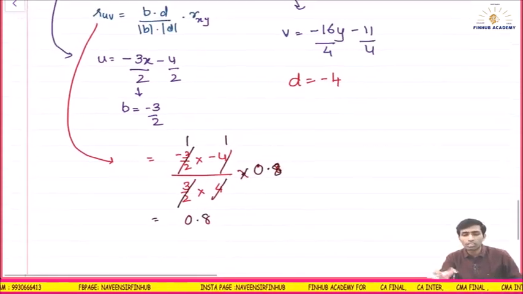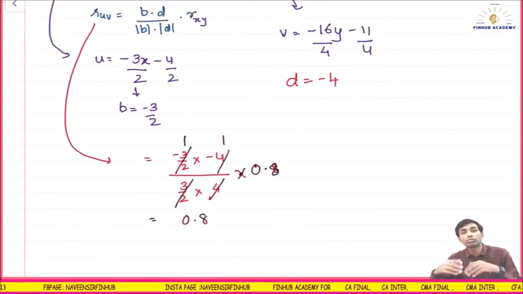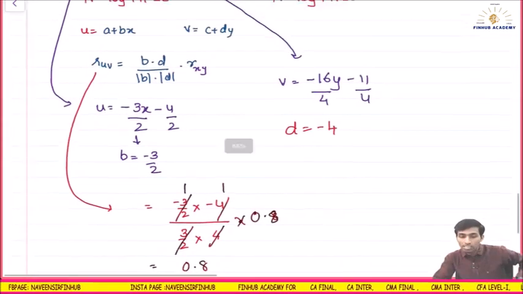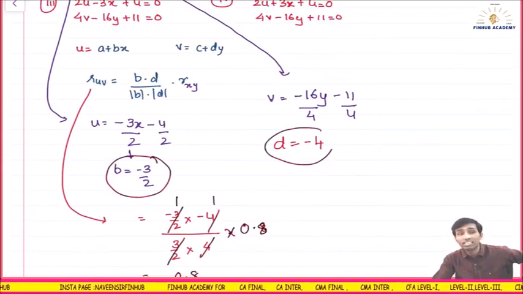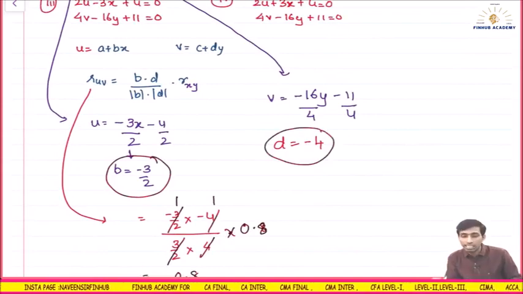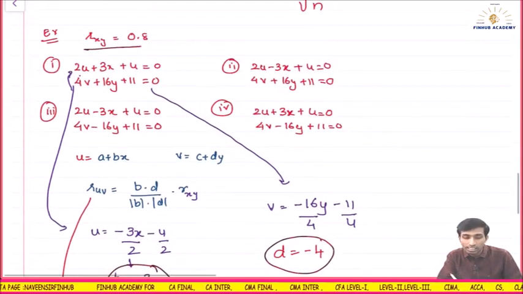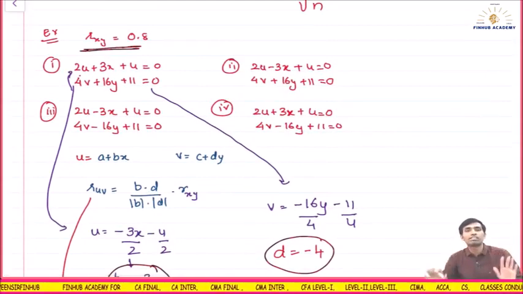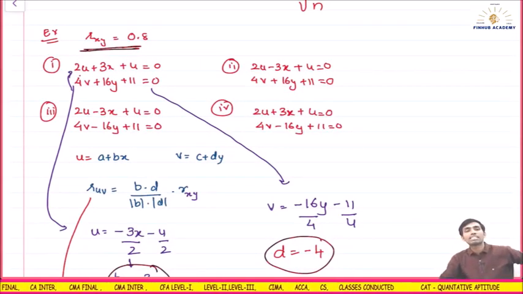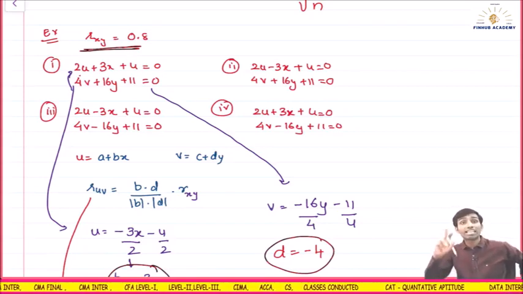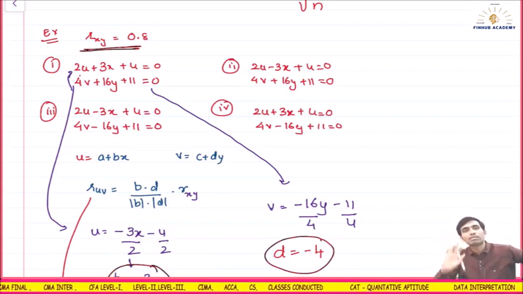This is what I said, no need to solve all these things. I am solving so that you can understand. Once you find the value of b and the value of d, if both have the same sign, then ruv is equal to rxy. No need to change the sign. It will be 0.8, because r is not affected by change in origin, nor by change in scale, but regression coefficients b do get affected by change in scale.